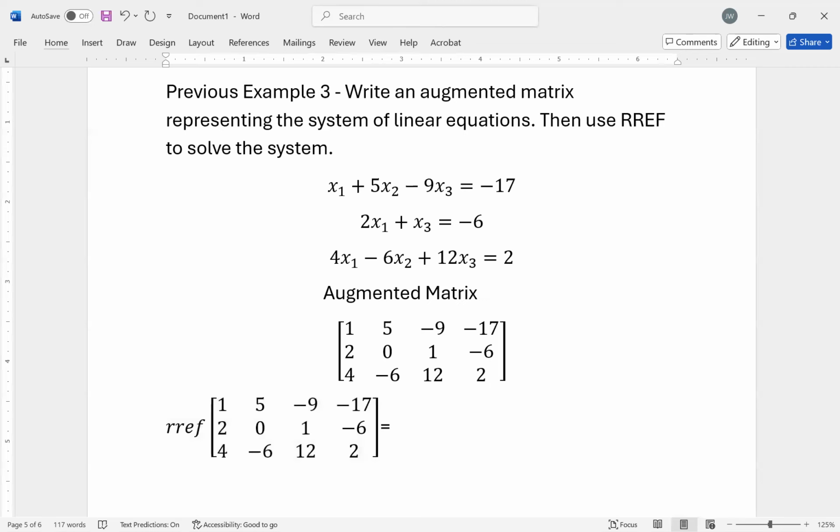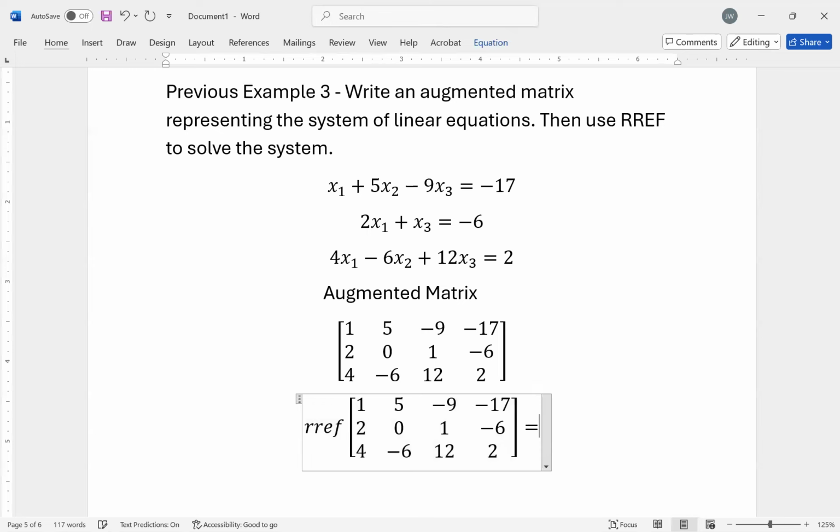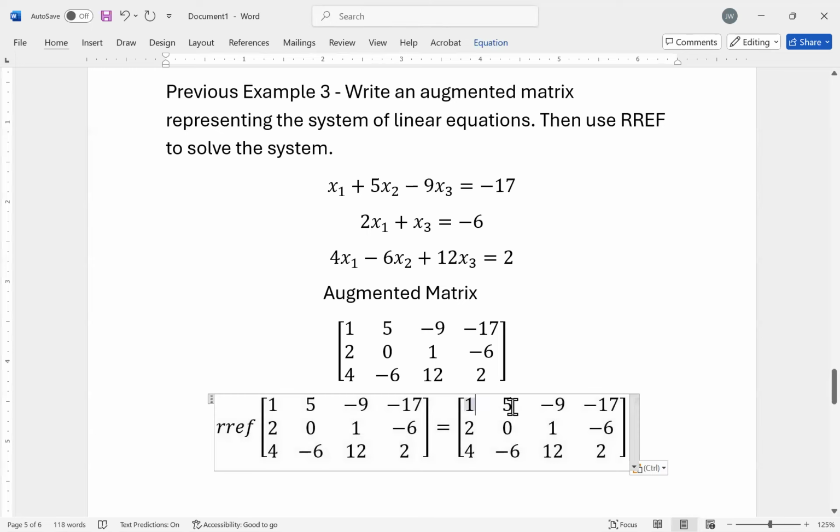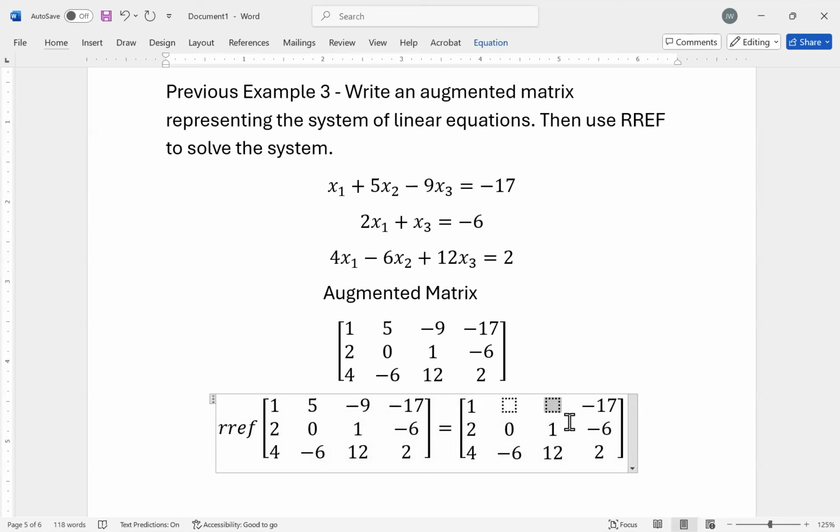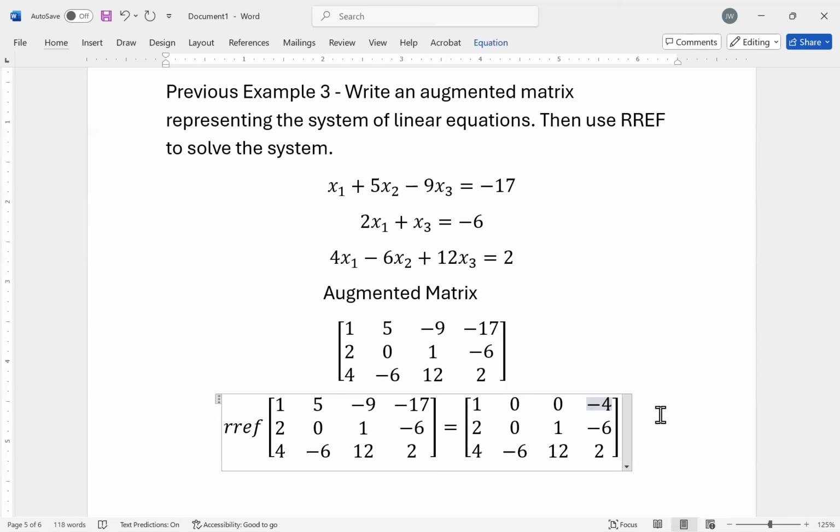And when I do that, well, let me type in each thing. I would get 1, 0, 0, -4 in the first row, 0, 1, 0, 1 in the second row,